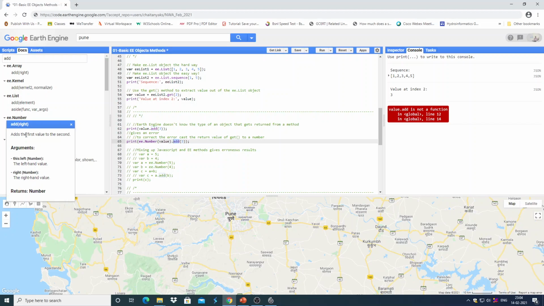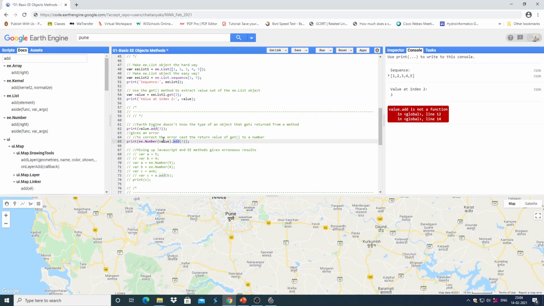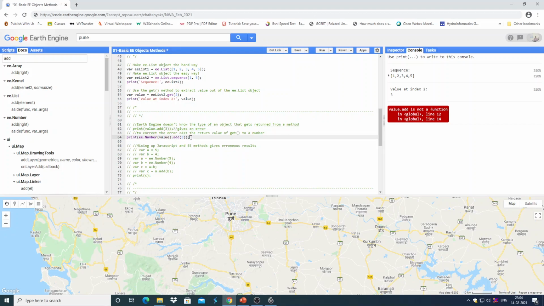The add method adds the first value to the second. It is a method available under the Earth Engine Number class. We can comment this out and run now. The value has a 3 stored in it, and you are adding 3. It will give a result of 6.